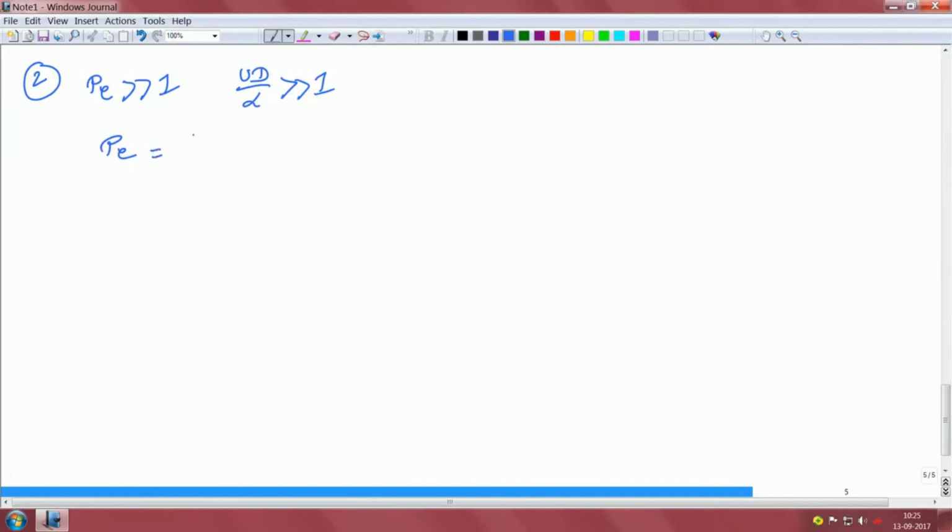Peclet number is basically given by the rate of advection divided by the rate of diffusion. So, that means high Peclet number means that the rate of advection is much more than the rate of diffusion. So, in the high Peclet number limit,